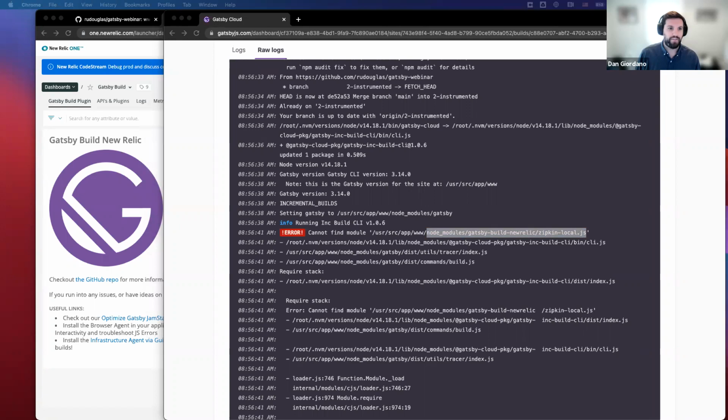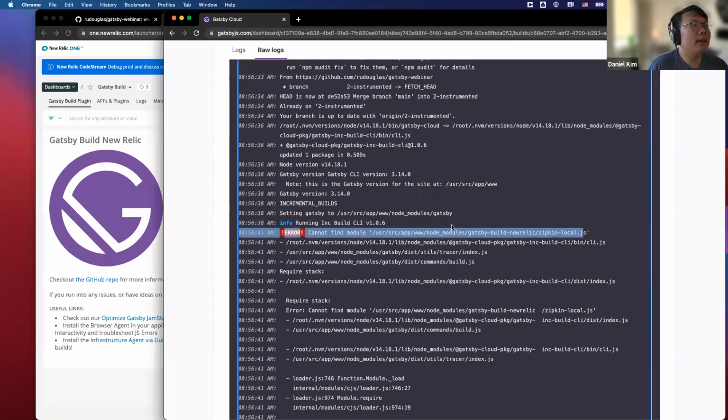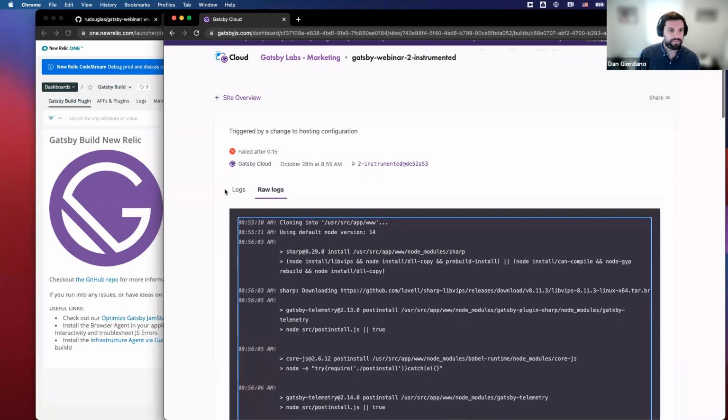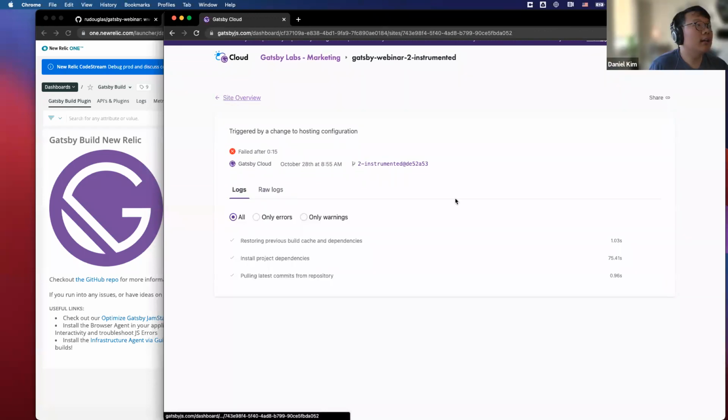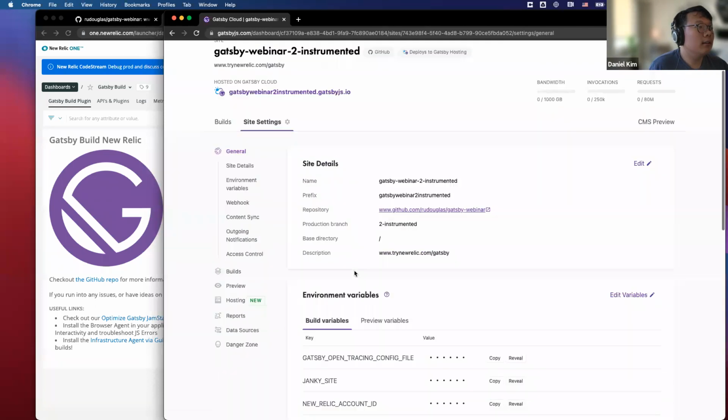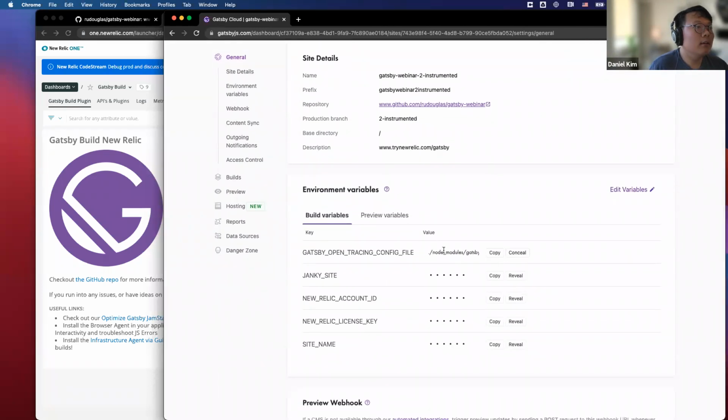The only thing I can think of is that config environment variable wasn't pasted right. Oh, yeah, that might be it. I think it was though, because it's the right one. It's under node modules, but all right, let me try another one.